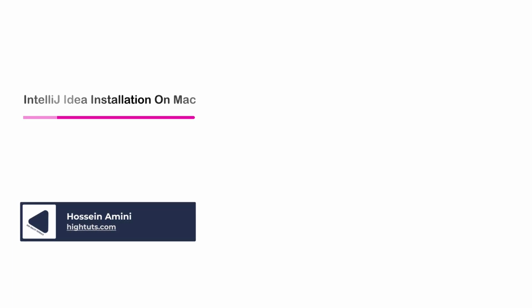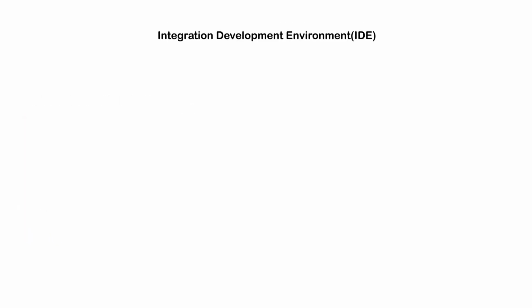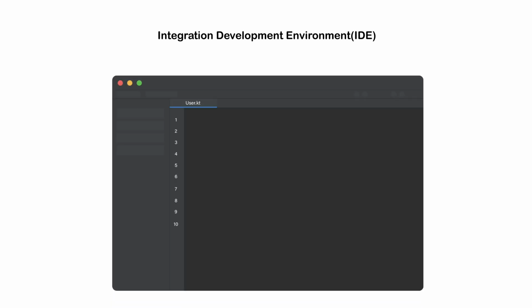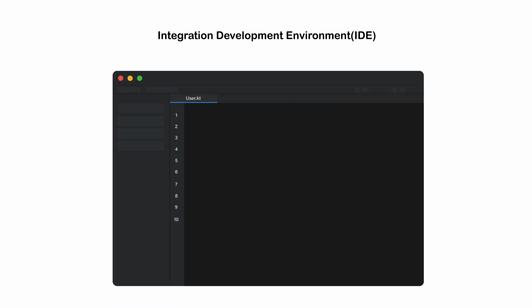Now that we are familiar with Kotlin and its qualities, it's time to choose an IDE to start using this powerful programming language. But what is an IDE and why do we need something like that? IDE, otherwise known as Integrated Development Environment, is a software program that combines common developer tools into a single place and helps developers to write, run, and debug code with less effort.